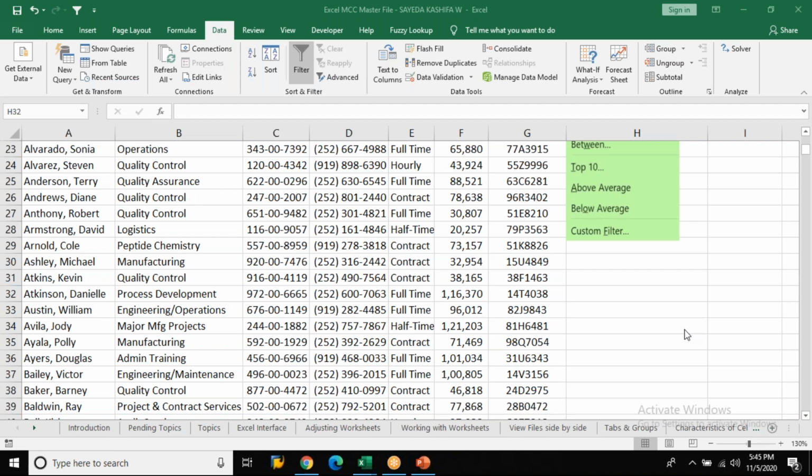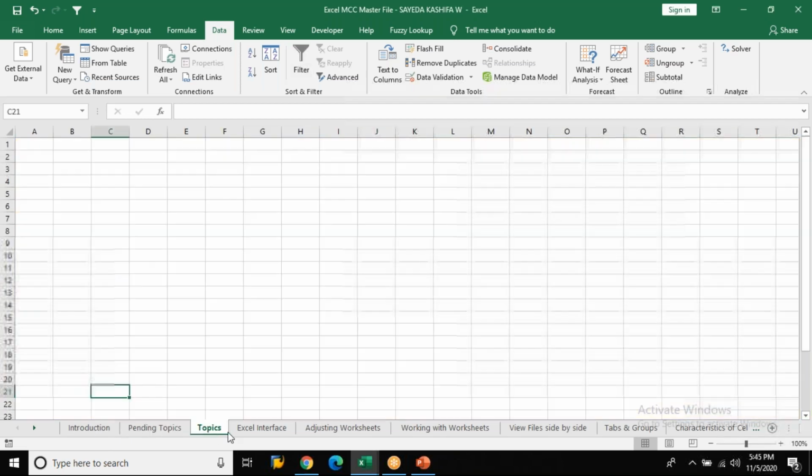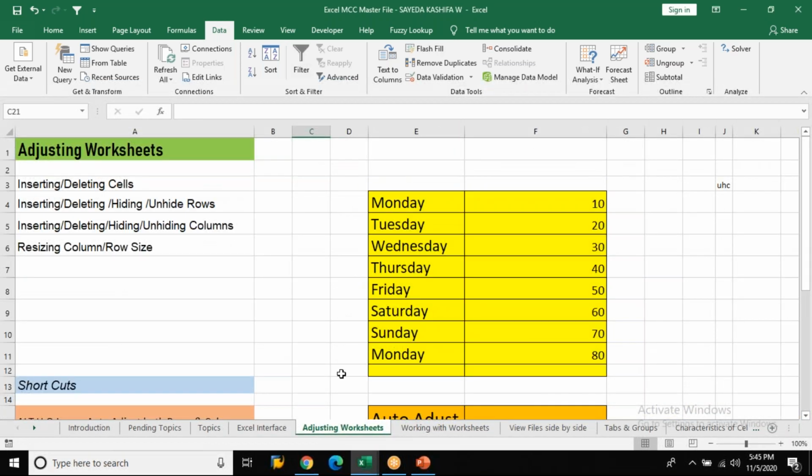Shortcut to navigate among different sheets. Anybody knows how you go from one worksheet to another worksheet? I've shown it to you. I will try sharing the master sheet. Some of you are asking for it. Yes, I'll share the PPT. What is the shortcut to navigate among the different sheets?